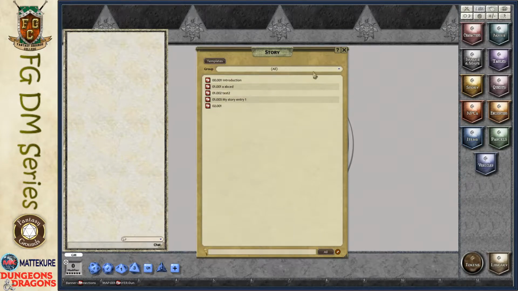Now, there's a secondary level of organization, and that is done through grouping. So as you can see, by default, the all group is selected. When the all group is selected, that means it's going to display all of the story entries that are contained within your campaign. Now, another thing is that when you load a module,